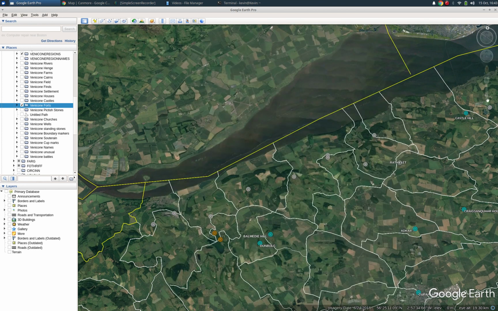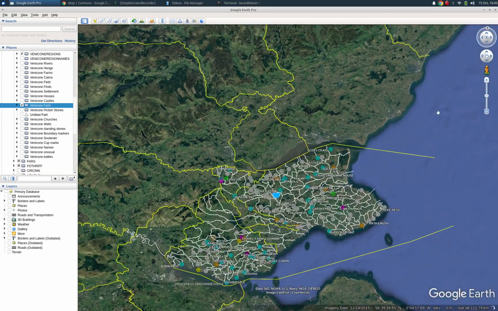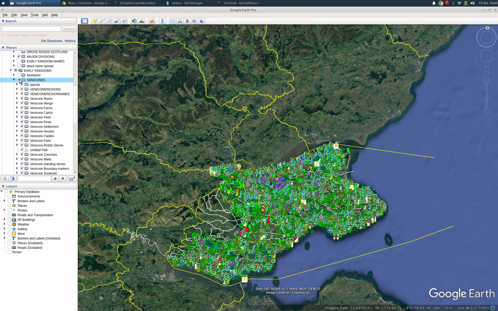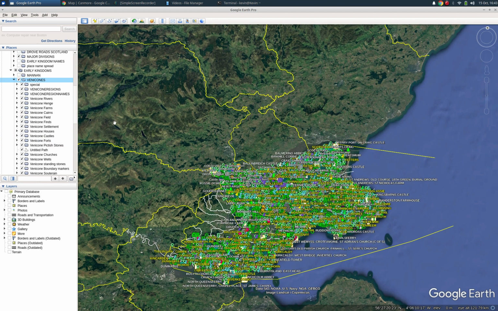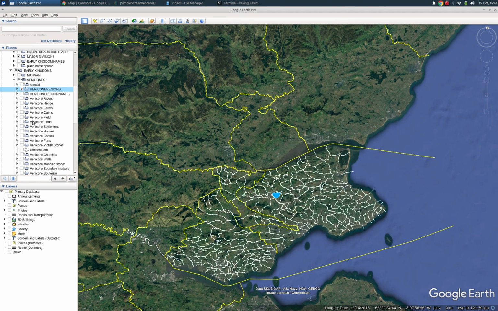I'm going to zoom out just to give you an extent of the coverage of the information or the data that is included in this map. As you can see, you really can't see the wood for the trees because there's too much information here. So it's important that if you wish to look at something, you can go and look at, say, for example,